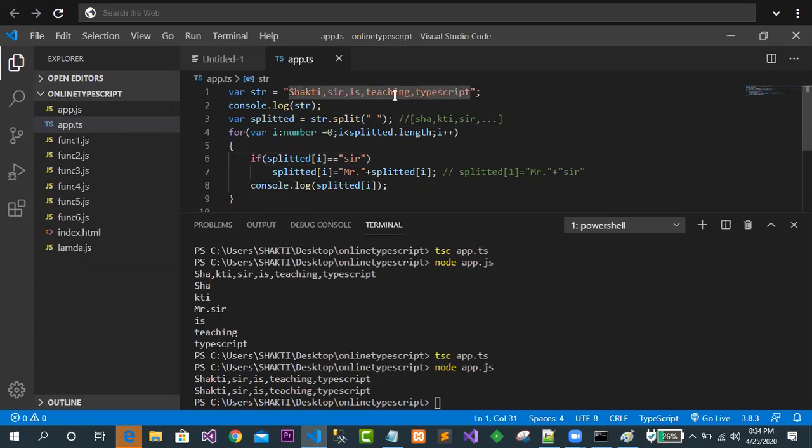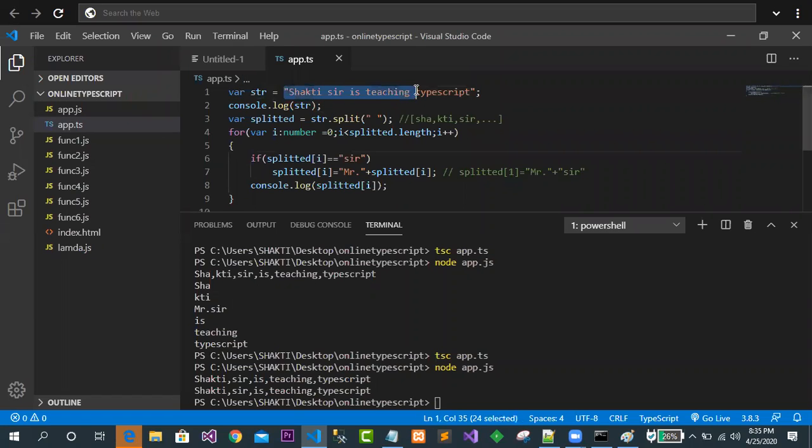Suppose I had given spaces here, again a space, a space, a space. In this case, what happened? Now it is looking great. Don't be confused.